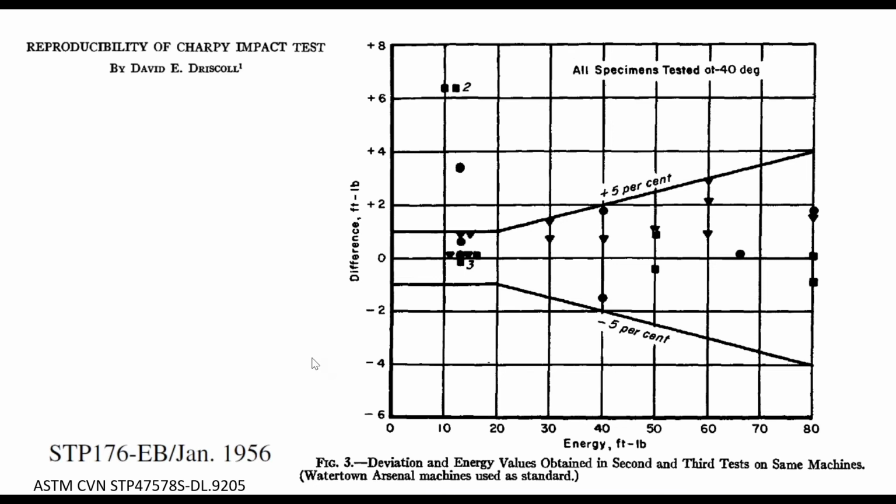Charpy was always problematic. When they started looking at the Charpy test to standardize it, the challenge was that no one was sure that two different Charpy machines could even give the same results. So NIST, the National Institute of Standards and Technology, did a huge program to try and understand how reproducible the different machines were. With careful maintenance, you could get plus minus 5% if you were measuring over 20 foot-pounds. Under 20 foot-pounds, they give you a plus minus 1 foot-pound, but that's misleading because